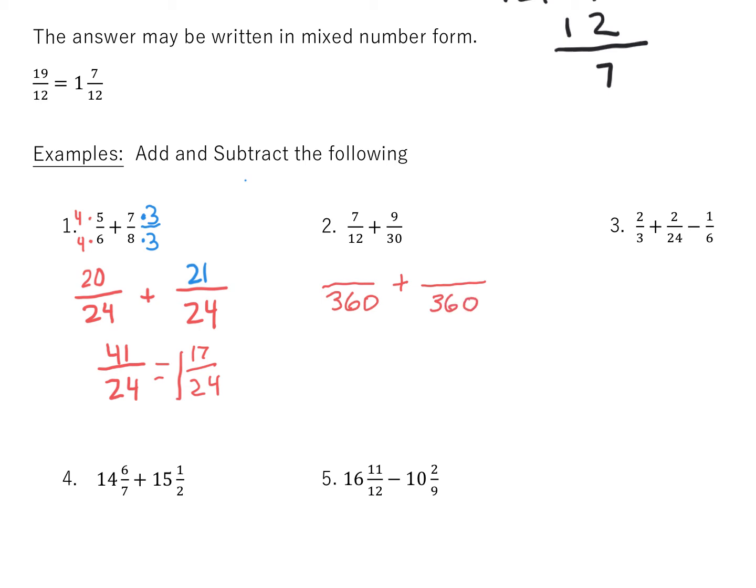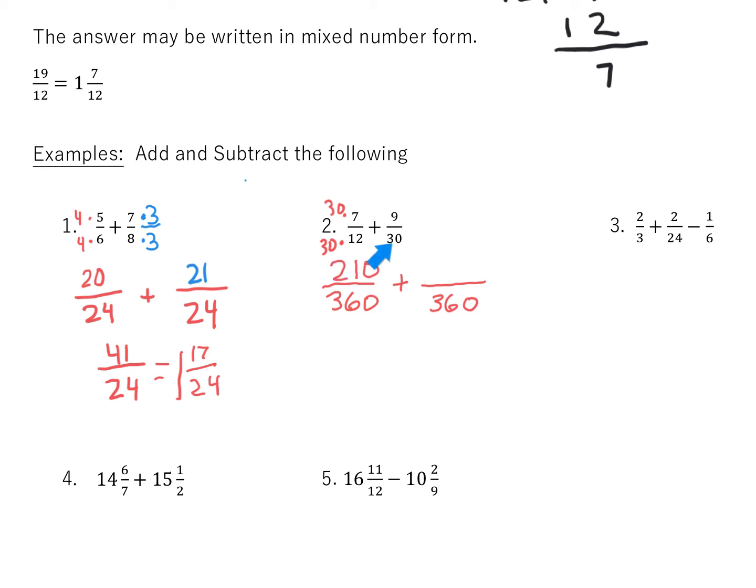We're going to do the same as we did before. What did you do to 12 in order to get 360? You multiplied it by 30. If you're not sure how I did that, you can simply do 360 divided by 12. Whatever we do to the denominator, we have to do the same thing to the numerator. So that means we have to multiply 7 by 30, which is going to give you